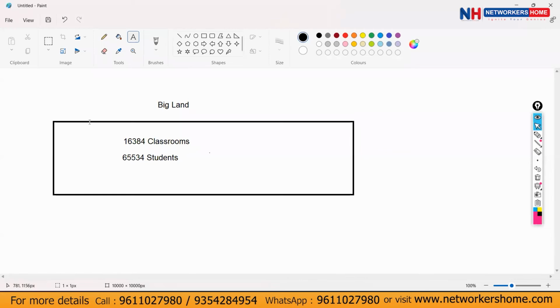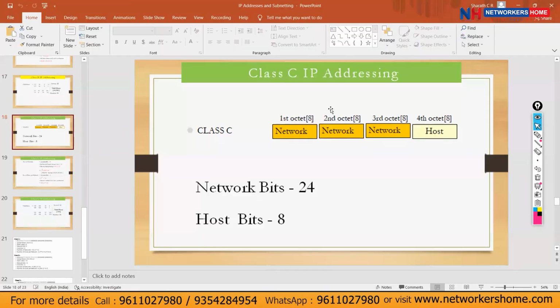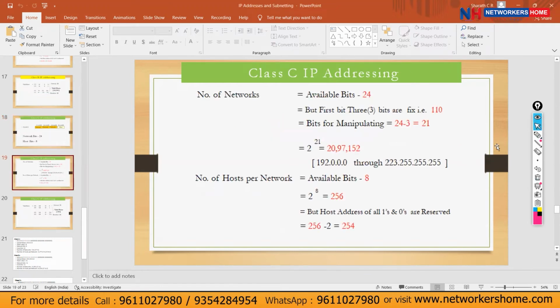So next, let's look at class C subnetting. In class C subnetting, we have 3 octets. The first 3 octets are network, the last octet is for host. So network bits is 24, host bits is 8. Number of networks: how can we divide the client into how many classrooms?